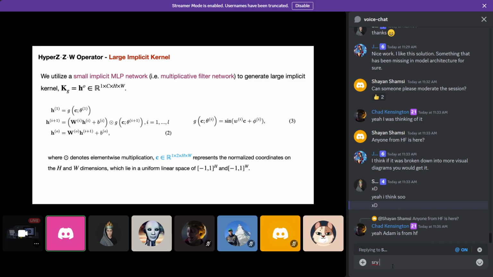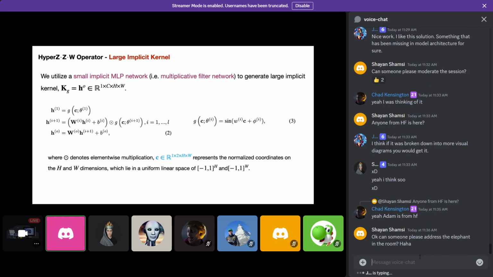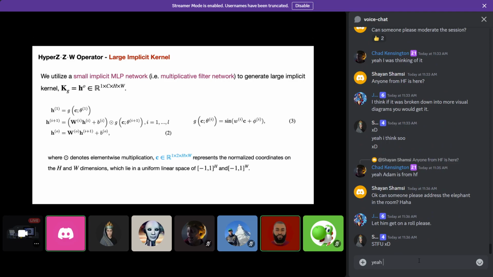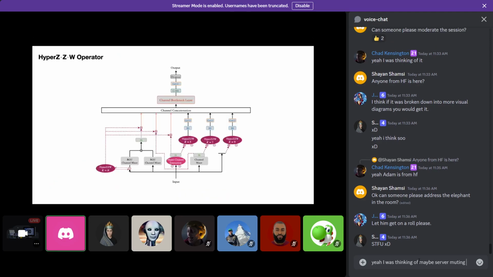The slow network, or the implicit MLP network, its input is the coordinates. Its shape is 1, 2, H, W. You just want to use this network to generate the convolutional kernel. Its input is the coordinates, its output is the kernel. The kernel size is 1, C, H, W. Then the HyperZ W